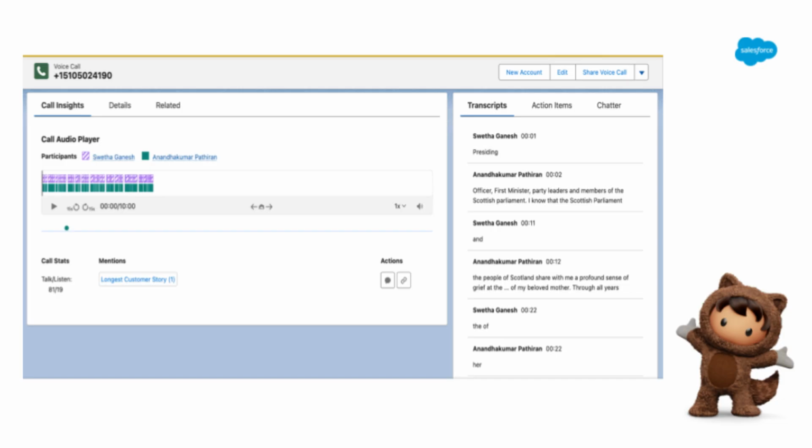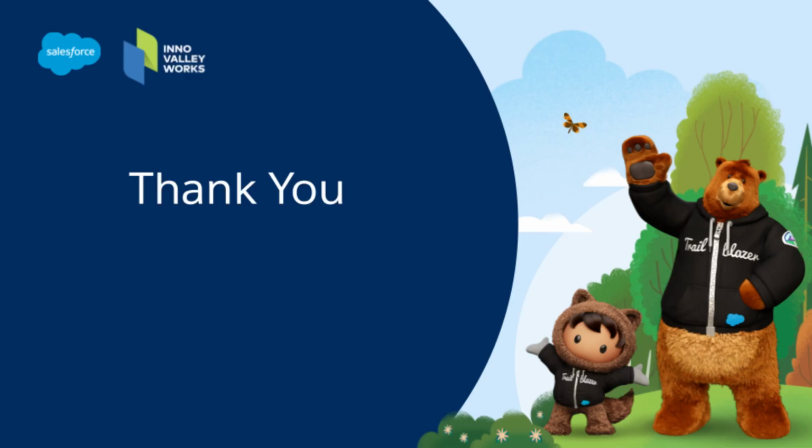In conclusion, this integration between Salesforce and SharePoint brings together automation, efficiency, and powerful insights, all in one seamless workflow. From retrieving voice call recordings to generating actionable insights with Einstein Conversation Intelligence, everything is streamlined to enhance customer engagement and decision-making. If you're looking for a solution that centralizes your data and unlocks real-time conversation intelligence, this is